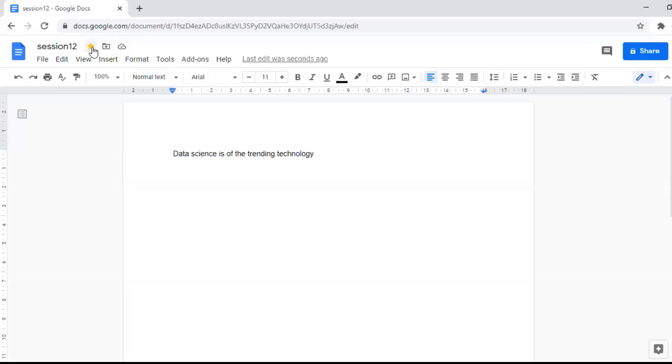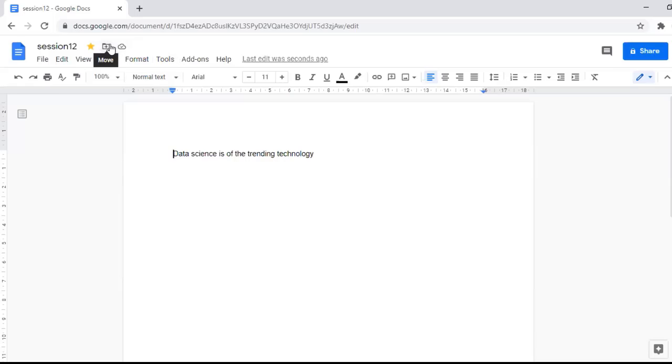As you see in Gmail, if you click on the star button, it shows you that it is a very important document. So the indication is that it's an important document to be remembered very easily by the user, right?